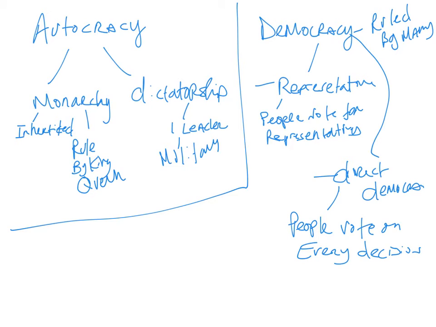The last one is the direct democracy. We talked about this as people voting on every decision. The problem with direct democracies is that they are slow and inefficient. If people need to vote on every decision that's going on, that takes time. It's not easy, and usually voters then end up becoming disenfranchised, it's called, because they vote too much. They think that their decision doesn't count. All right, so those are the 2 that we reviewed yesterday.